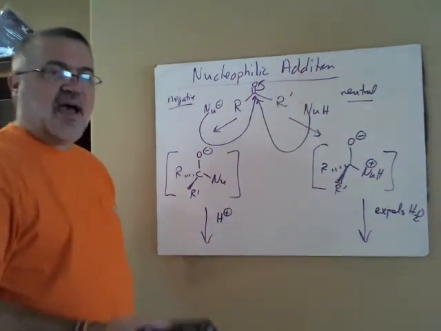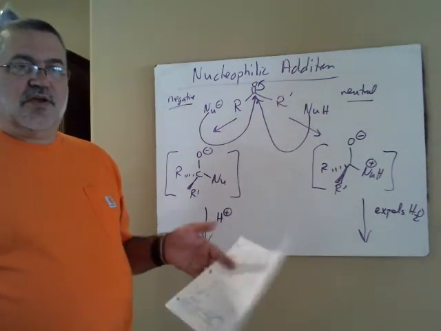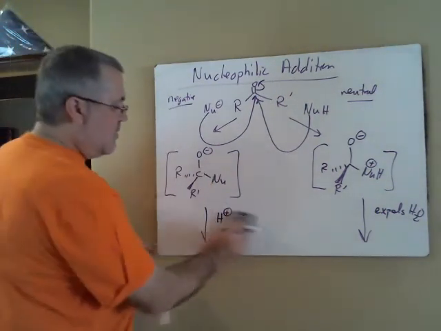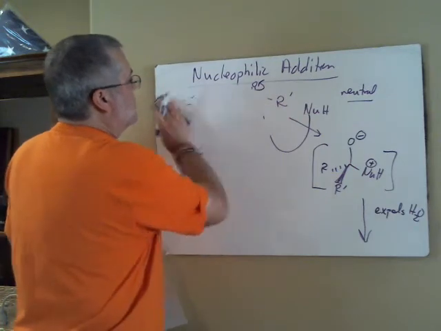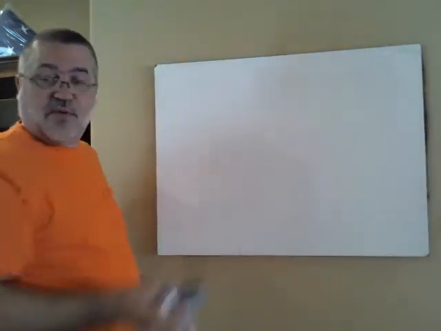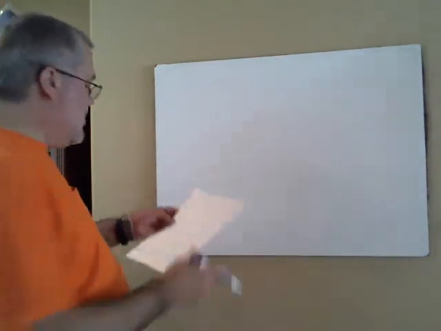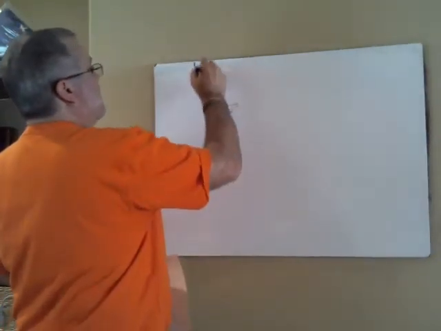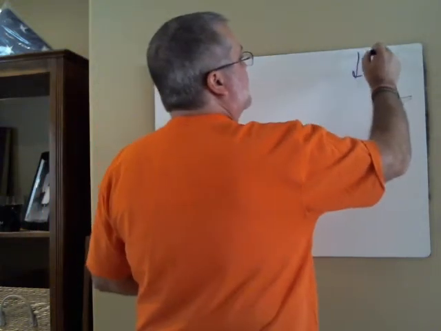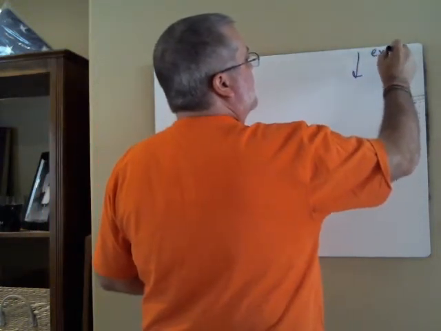So by the magic of digital technology, I'm just going to erase this all right now because you're able to pause and make sure that you've got everything down. And so if I were on a big board, I would have just gone below that, but I'm not on a big board. So remember here we were saying that you're coming down with H plus from here, and here we said expels water